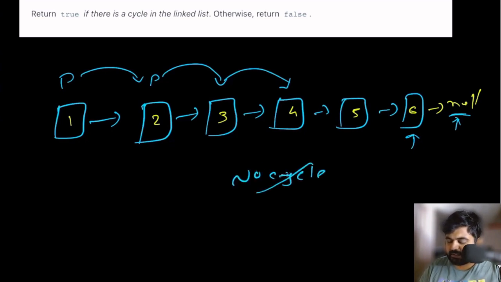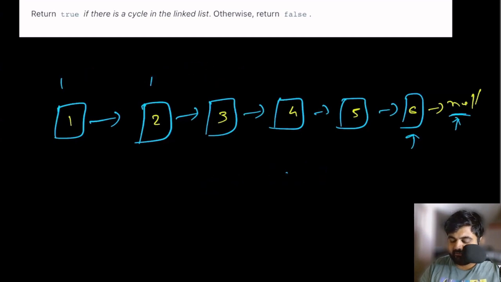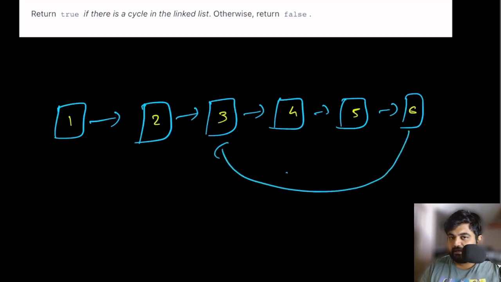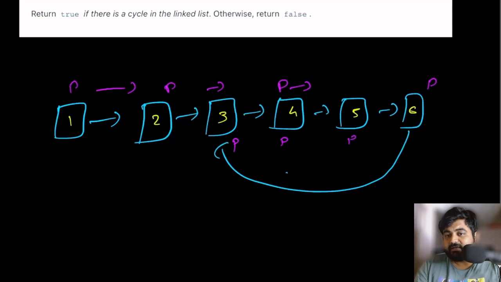Okay, but this approach is very limited, and it will only work for the cases where there are actually no cycles. What would happen in a case where, say for example, rather than the 6 pointing towards the next node that is null, this 6 points to the next node that is 3? And now what would happen is that our counter p is going to keep on moving to the next element again and again and again. Eventually p is going to end up over here. Then p would again come back to this 3, and then again p would keep on doing the same thing again and again, because remember, this is a single linked list, so we can't even go back, so we don't know.